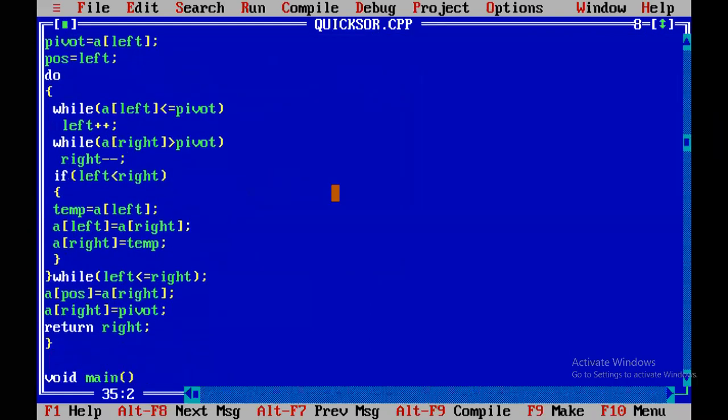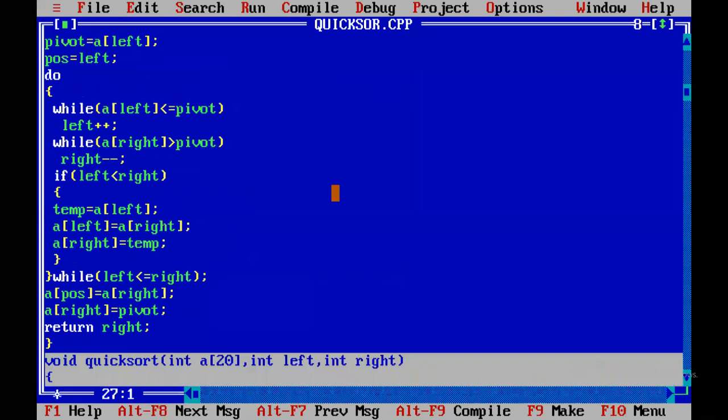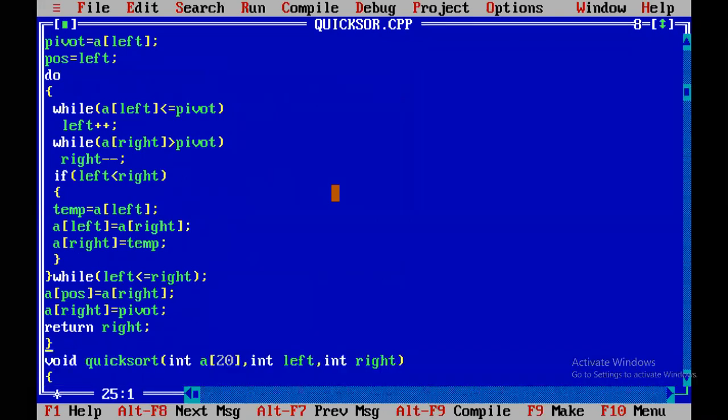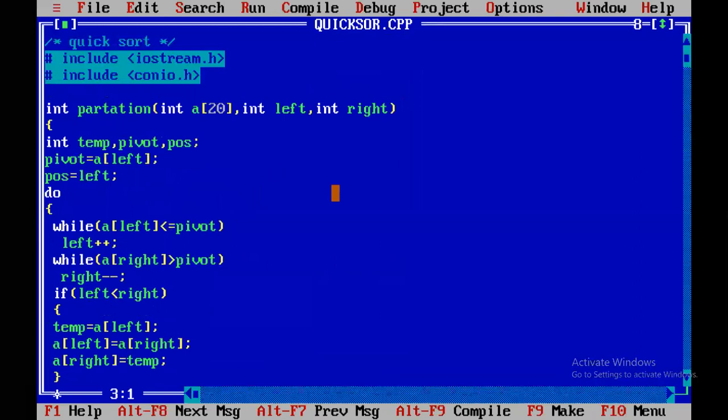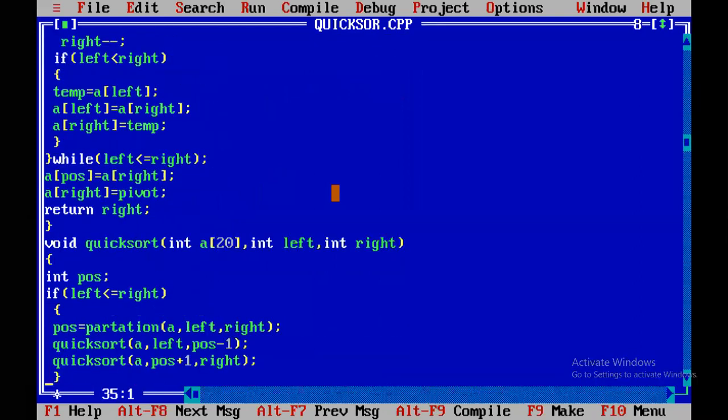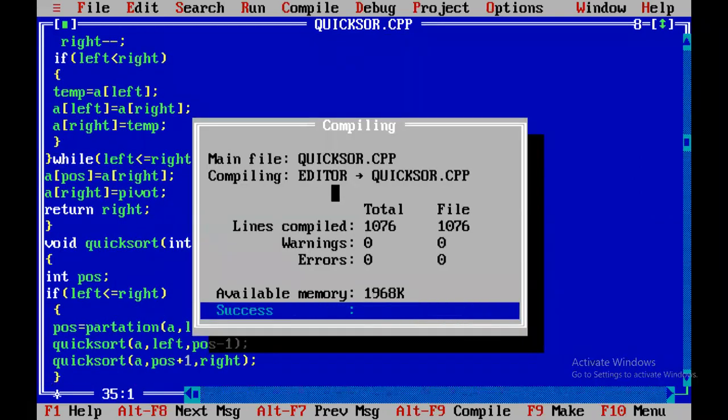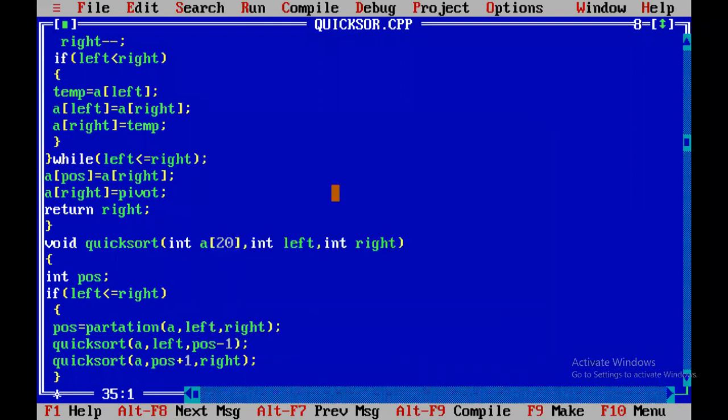So you have to practice the programs on your own. So if I write like this, we can't get the error. This is the process. In this way, we sort the numbers by using the quicksort method.